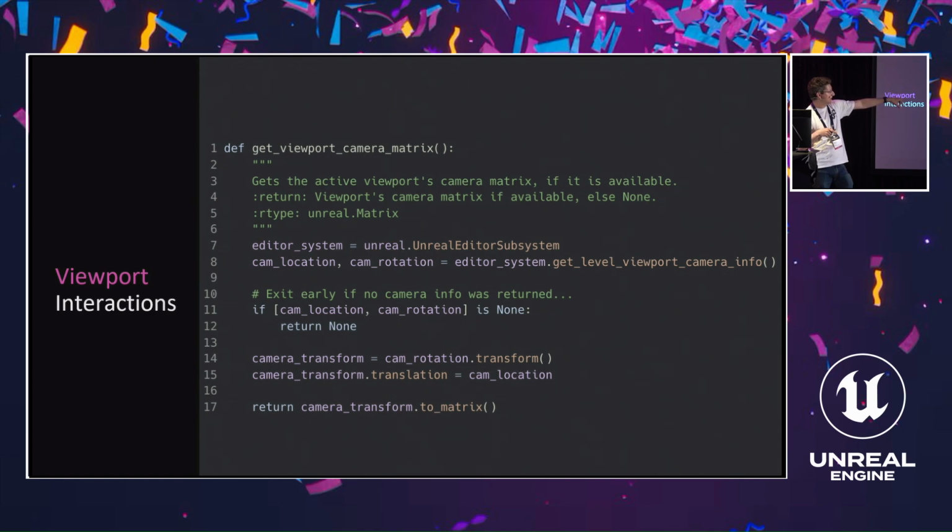So here we basically get the level viewport. We get the location and the rotation because it returns that. And then we basically transform that rotation into a transform. And then we assign the translation into that, and then we convert that transform into a matrix. Yeah, a lot of the data that I've coded is quite mathy. Yours doesn't have to be as mathematical as this, but what I'll do then with the matrix is that I